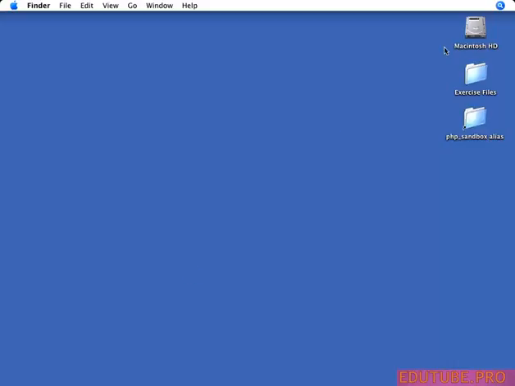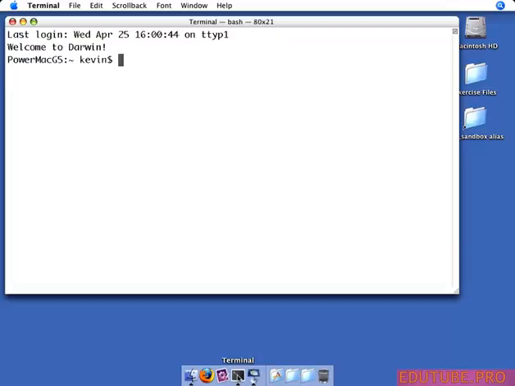So let's do that. I'm going to do that by opening up my command line utility, which on the Mac is Terminal, and I've put that in my dock already. If not, it'll live inside your Applications, inside Utilities. And if you're on Windows with WAMP, you should have a link directly to MySQL from your WAMP menu. Once we're logged in, we can connect to MySQL by simply typing